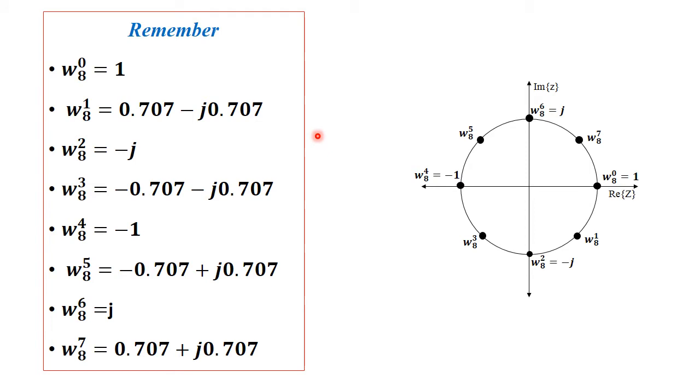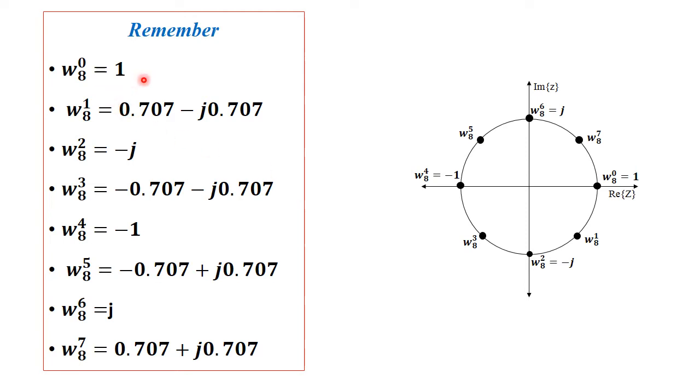So it has been set to calculate the Twiddle factor for N equal to 8. Hope you have gone through those concepts and tried to map the values onto the unit circle. If you make the calculation, these are the set of values that you are going to get. Mapping these values directly onto the unit circle seems a little difficult, because it contains a combination of real and complex values. So I'm just going to tell you how to map the first two values. The remaining you can identify.